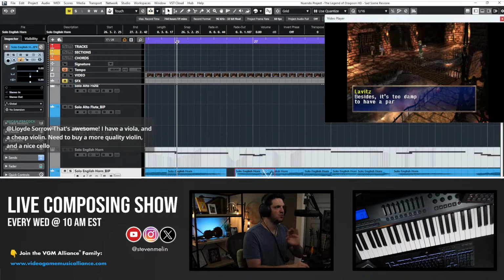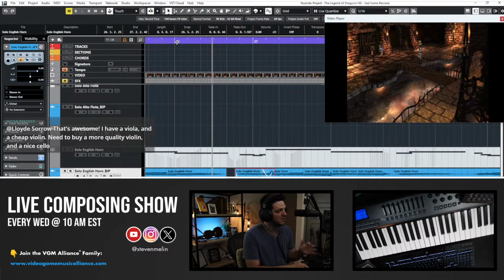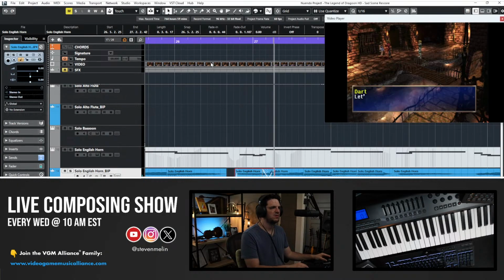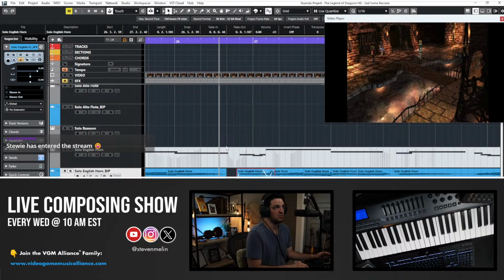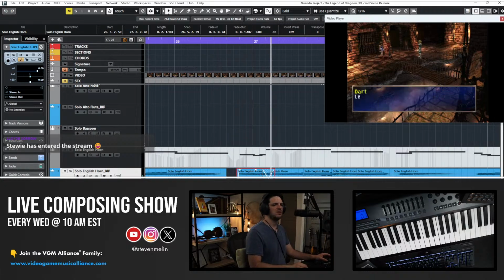Some instruments just do not work well with MIDI at all. Woodwinds usually need some serious editing. This is what I've found. There it is.